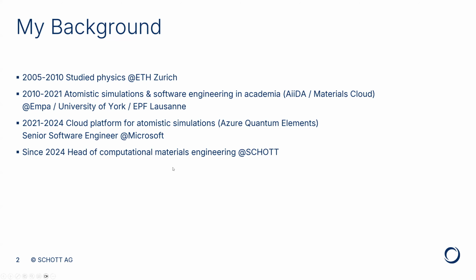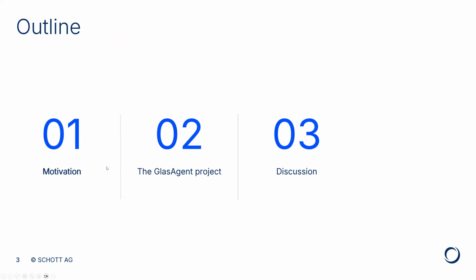And I will start by talking a little bit about what we do in SCHOTT and also in the group, and then we'll focus on this GlasAgent project, where basically the idea is what are the building blocks that we need in specialty glass development in, let's say, the agentic era. And yeah, lots of time for discussion, but feel free also to interrupt me. I think we have a small crowd and we have enough time.